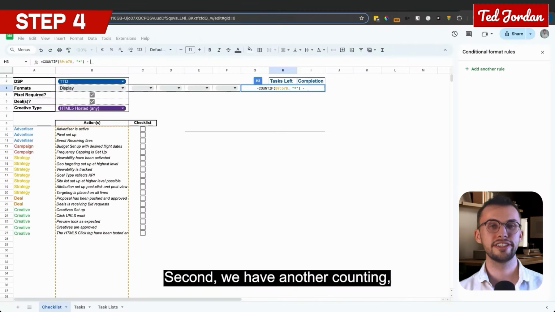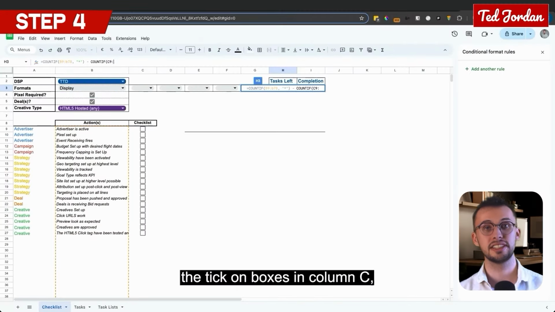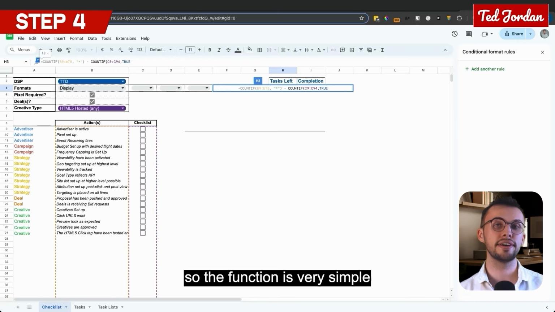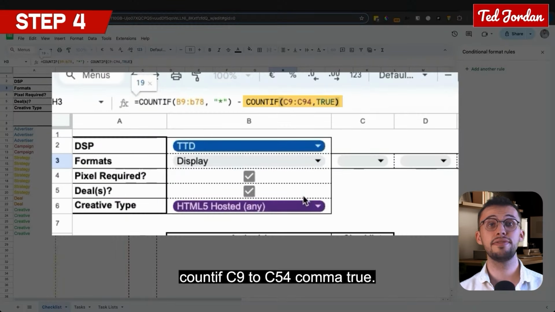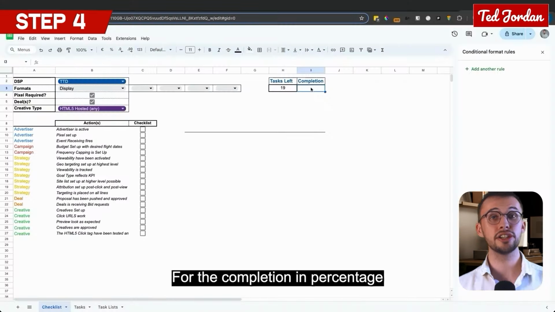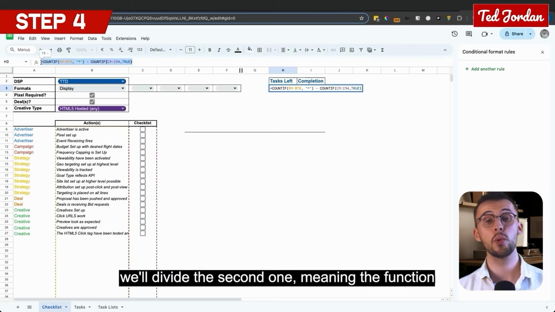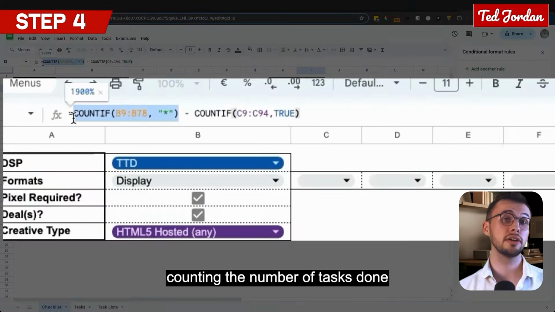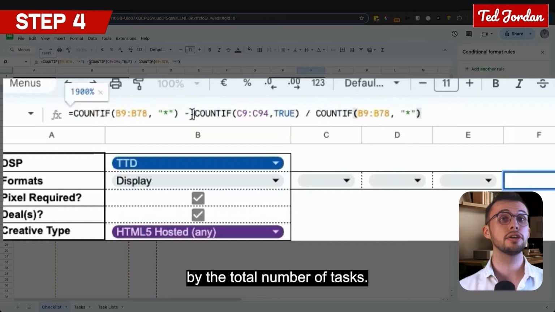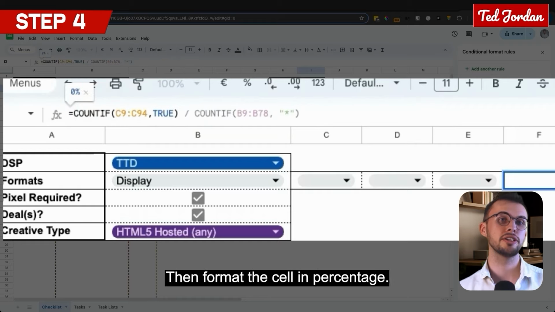Second, we have another COUNTIF, but this time counting the ticked boxes in column C. So the function is very simple. COUNTIF C9 to C54, true. For the completion in percentage, we use the same 2 functions except that this time we'll divide the second one, meaning the function counting the number of tasks done, by the total number of tasks,